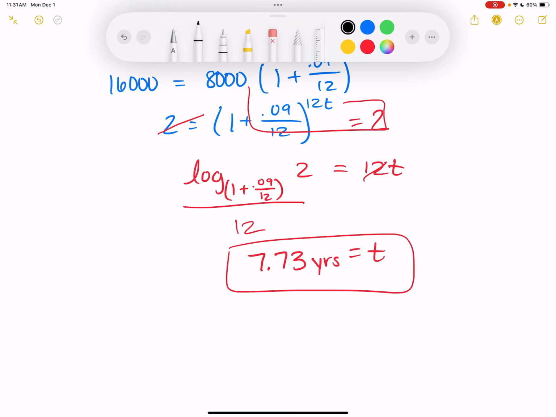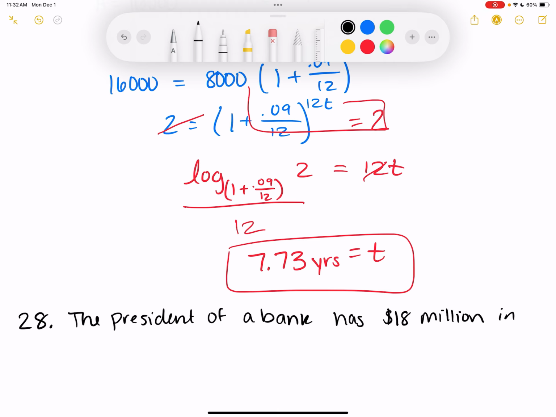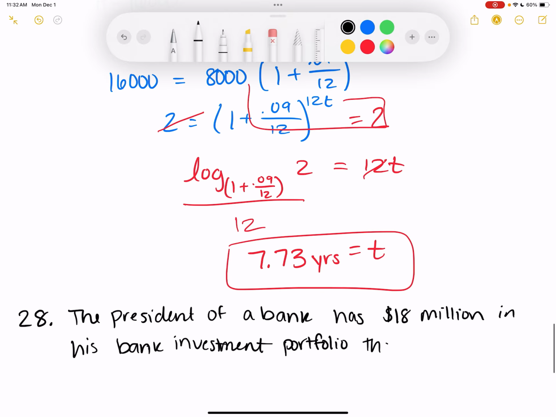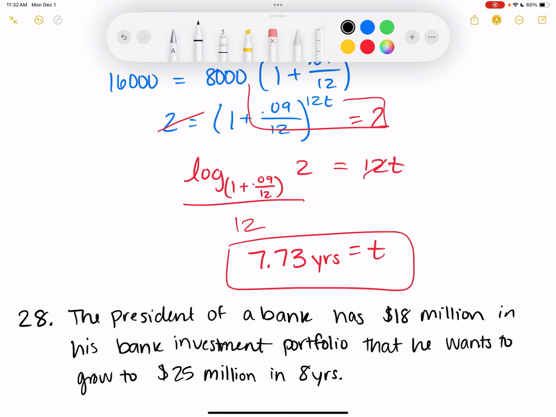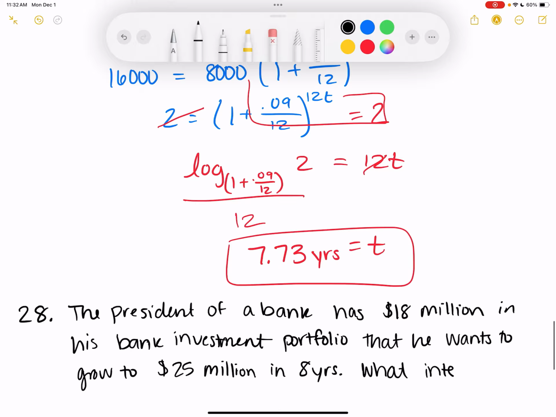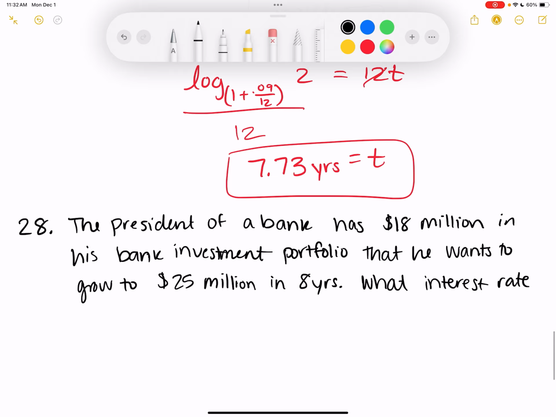All right, 28. The president of a bank has $18 million in his bank investment portfolio that he wants to grow to $25 million in 8 years. What interest rate compounded annually